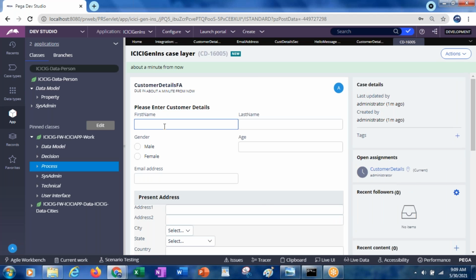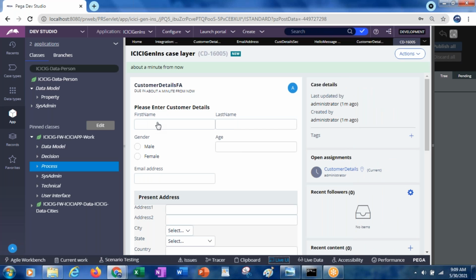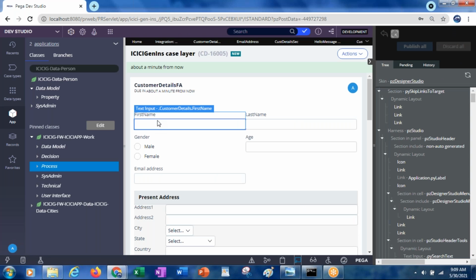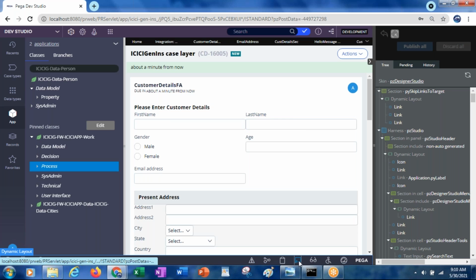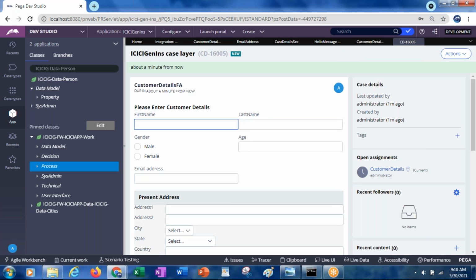This property name is first name only, right? Yeah, first name only, customer details first name. Okay, now let me try once.